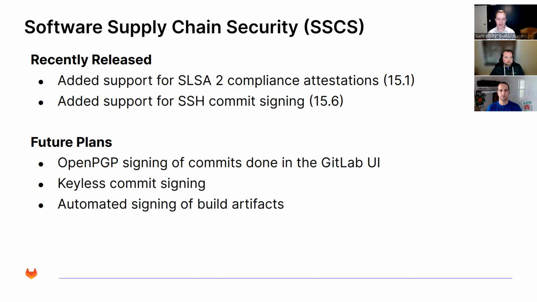The third one that we're looking at is automated signing of build artifacts, where if you produce a build through your CI/CD system, you not only want to have that attestation, but you also want to have that signed so that you can be confident that it hasn't been modified or tampered with after the attestation or the build itself was produced. That's a large undertaking. We don't really have an end timeline on that, but we have been working to get some of the prerequisites unblocked so that we can make that possible.